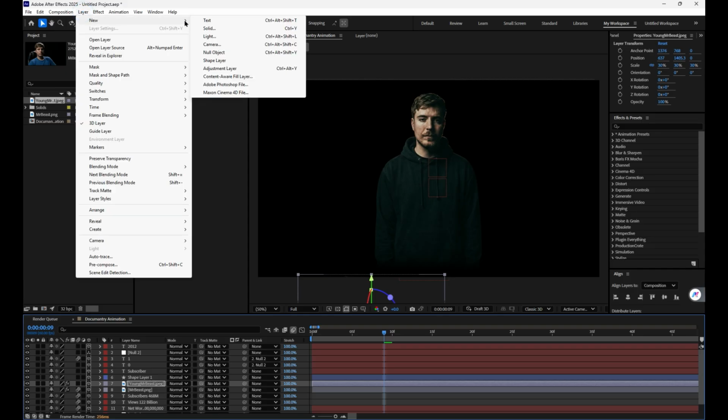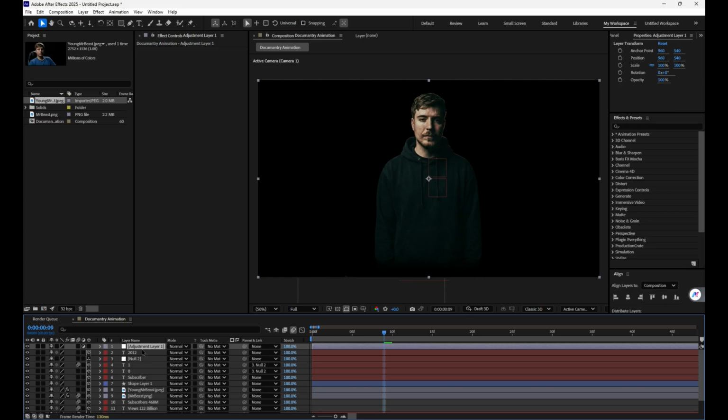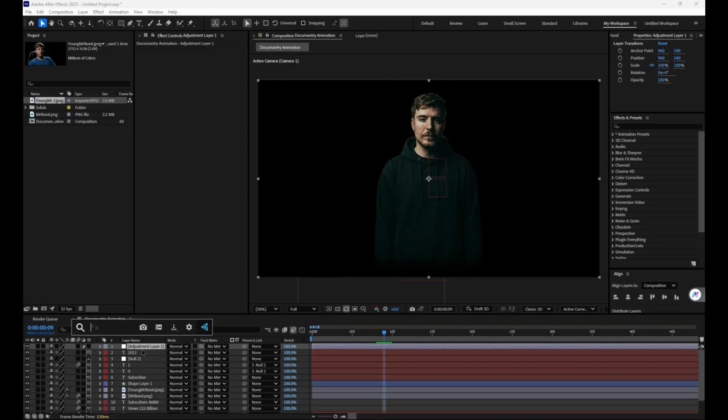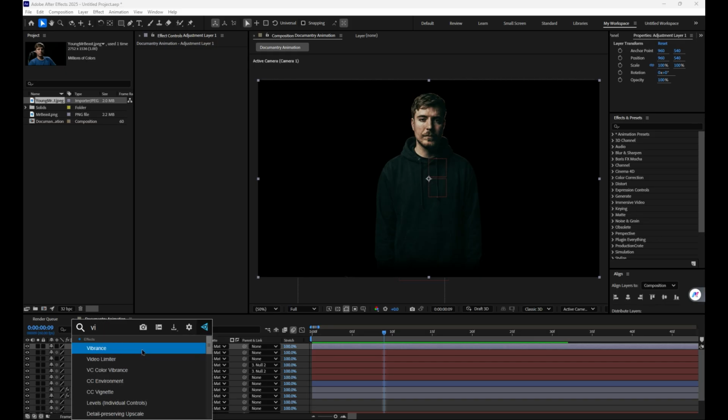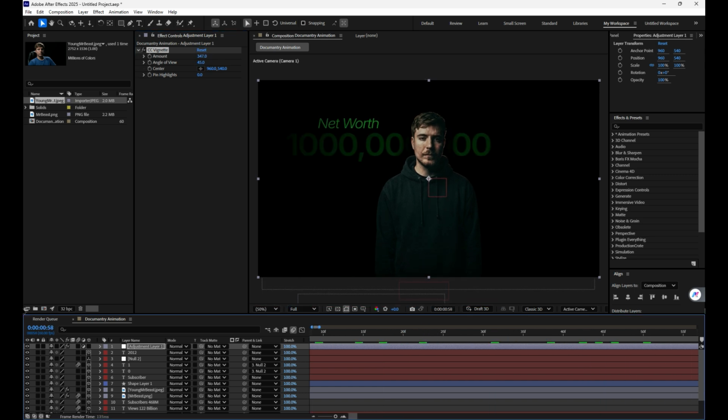Go to layer, new, adjustment layer, put it on top, add edges and CC Minute, and you can decrease the amount